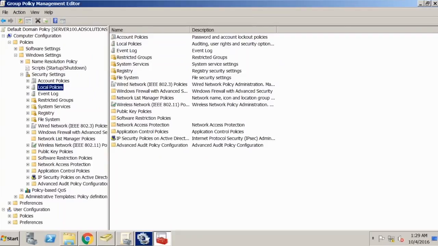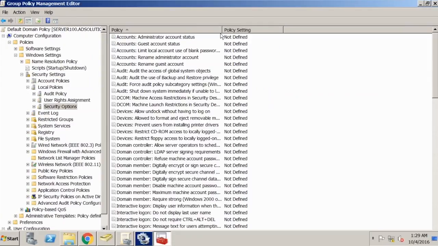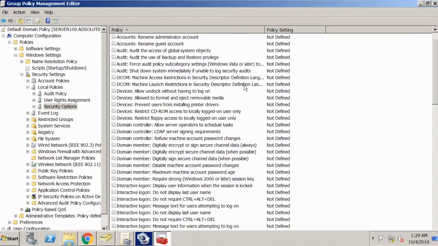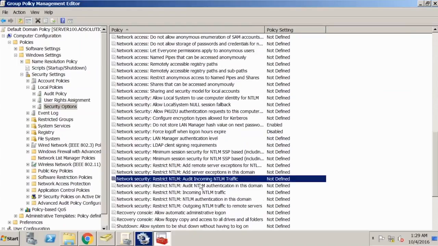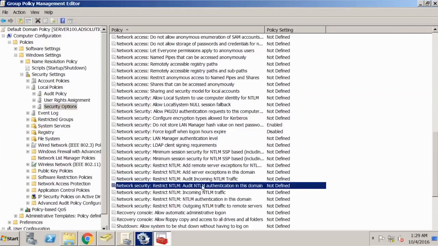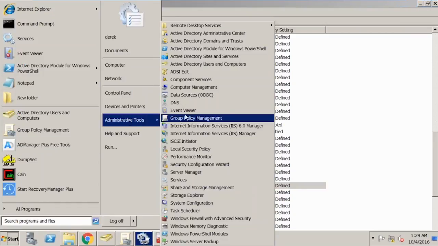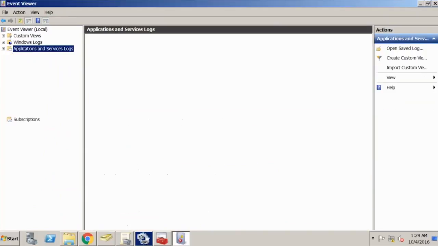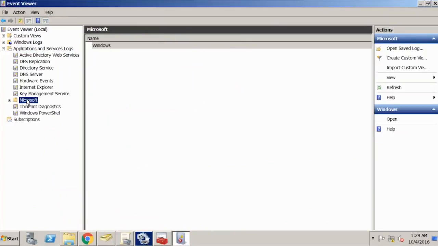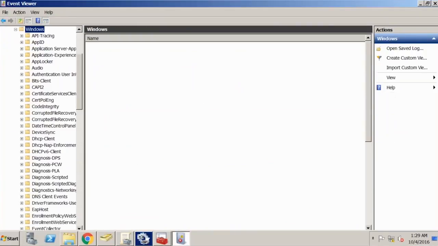If you come under your local policies, security options, Microsoft has added the ability for you to audit NTLM authentication. Notice it right here, okay? If you configure this, the resulting log will show up inside of the event viewer under your applications and services logs, Microsoft, Windows,